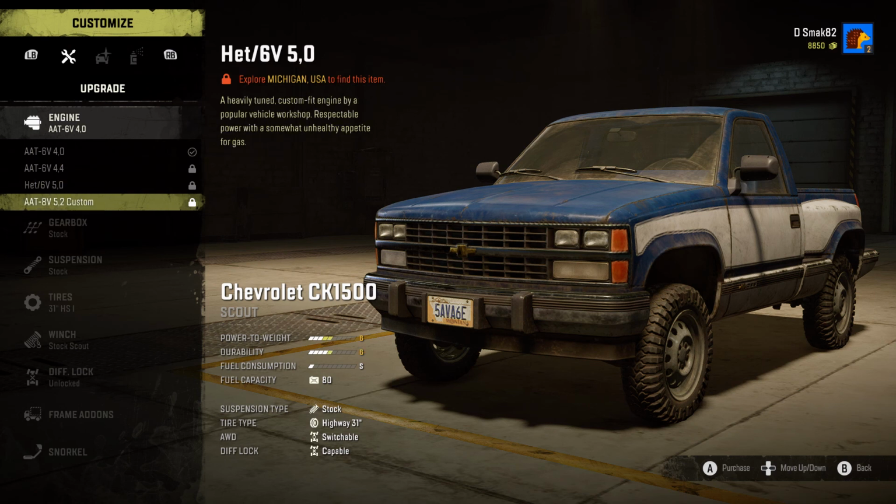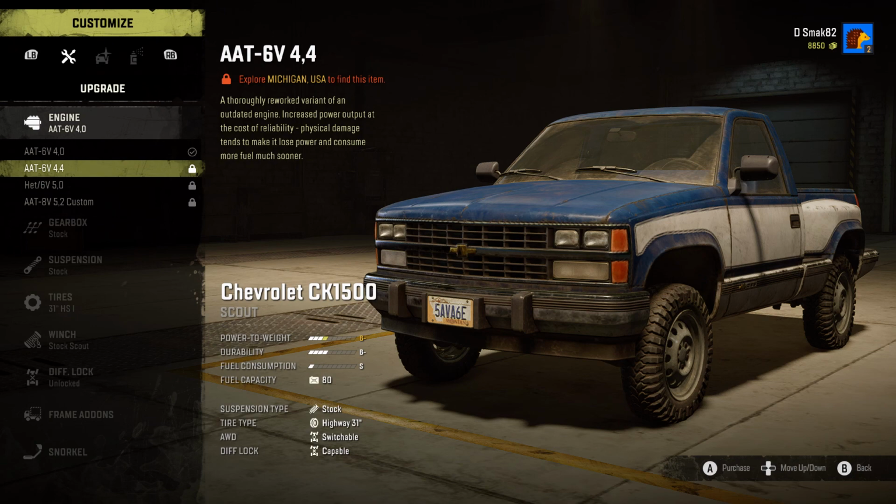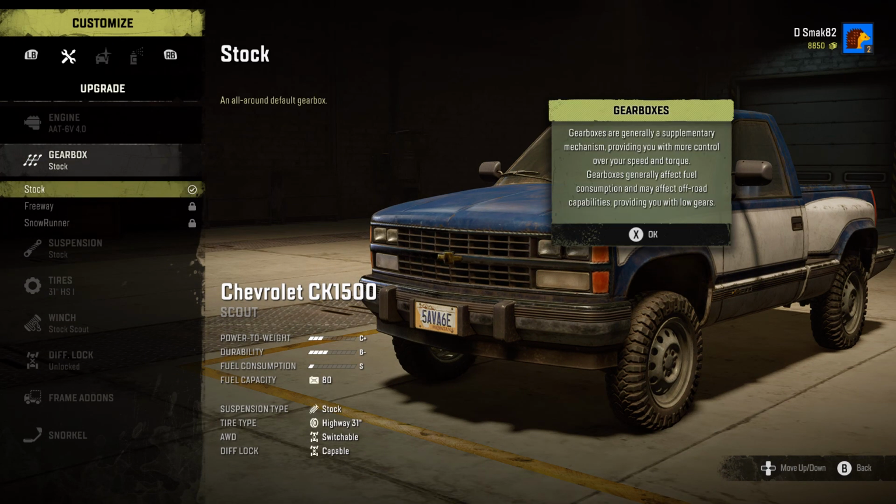B minus, A minus, and C plus for the engine that's in it. So apparently it has absolutely horrible power. I didn't really gather that from just driving it around, but we haven't hooked a load to it yet either, so we'll see. Alright, gearbox, stock,